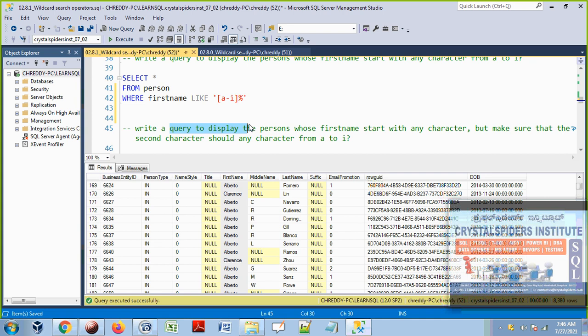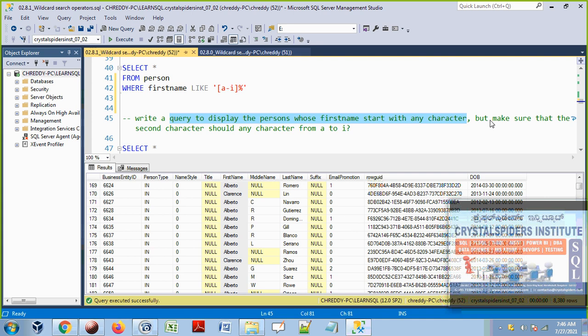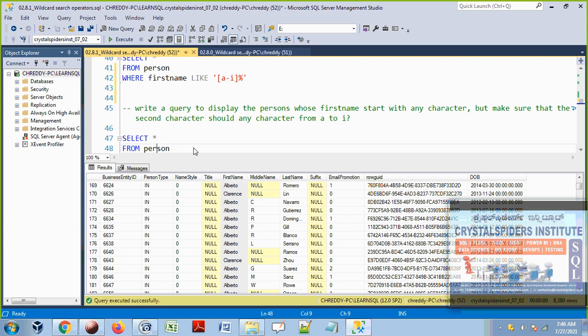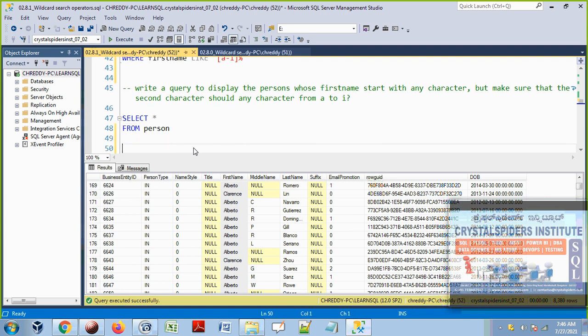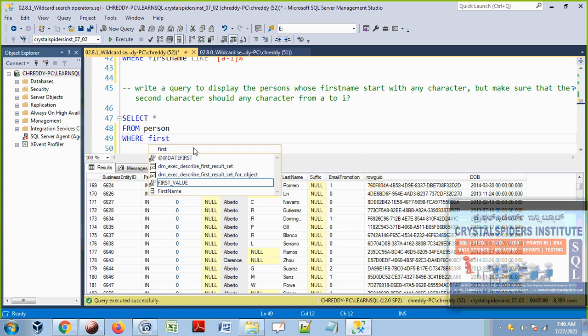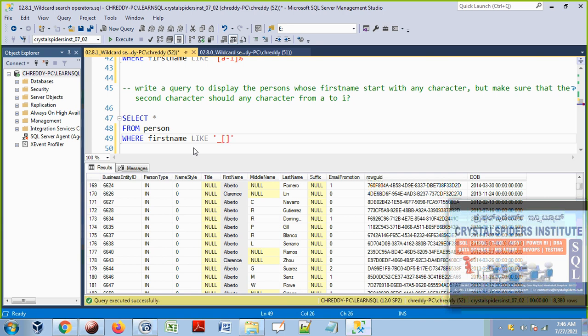So write a query to display the persons whose first name starts with any character, I don't care, but make sure that the second character is any character from A to I. What about the first character? That can be any character. So here first name like, the first character can be any character, so use underscore. The second character should be A to I, A hyphen I. And what about the third character onwards?